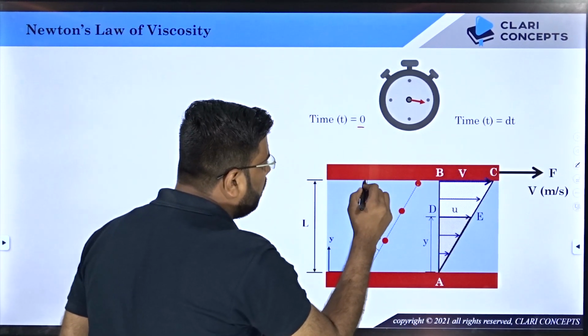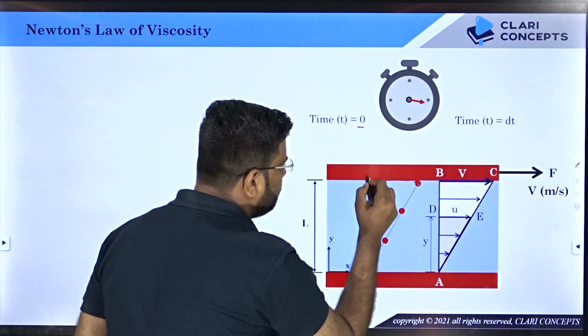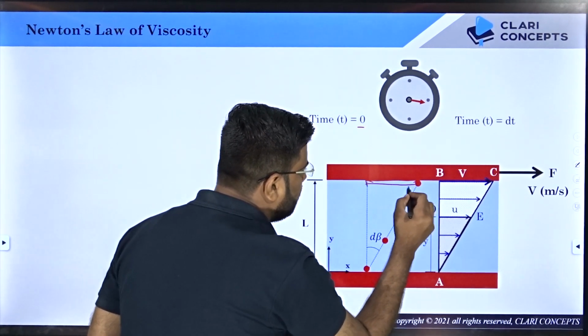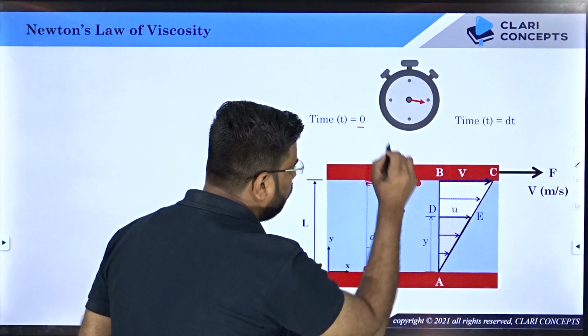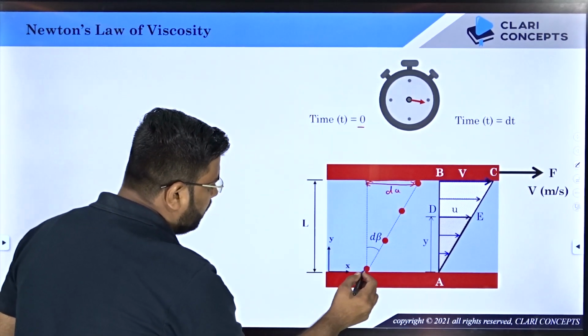That means in the interval of time dt, it has travelled how much distance? Let me mark the distance. This is the distance travelled, and let us suppose distance is, let's say, dA. A small distance dA is travelled. So if I look at this triangle, let's say triangle